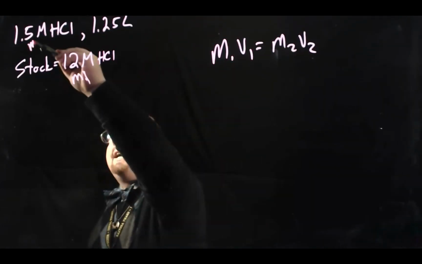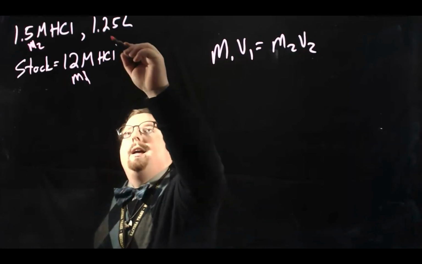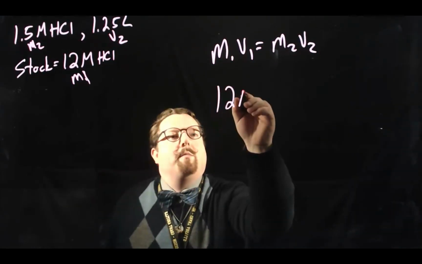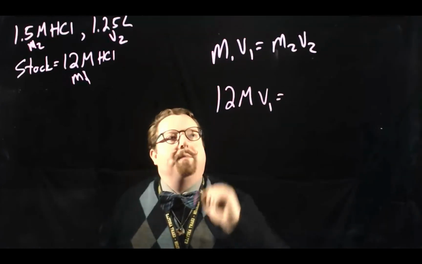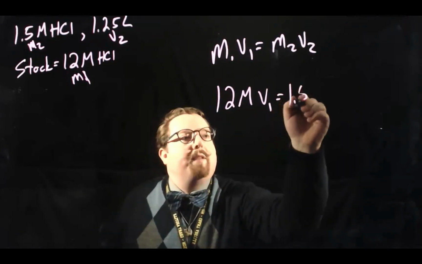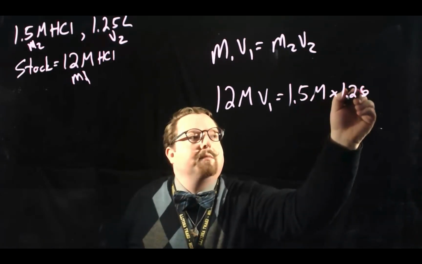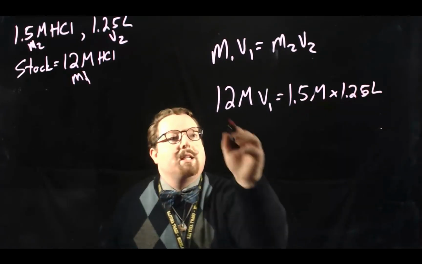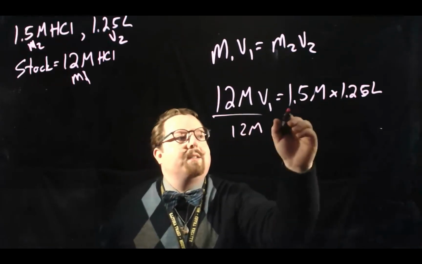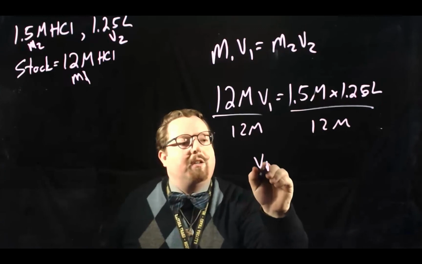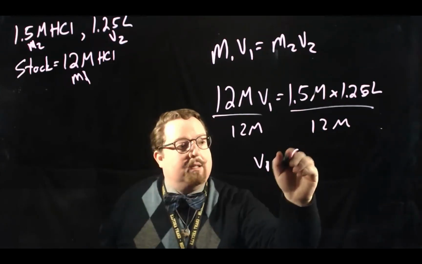M2 is your desired molarity, and V2 is your desired volume. So we'd have 12 molar times V1 equals 1.5 molar times 1.25 liters. Divide by the 12 molar on both sides, and you get that the volume of stock solution you need is